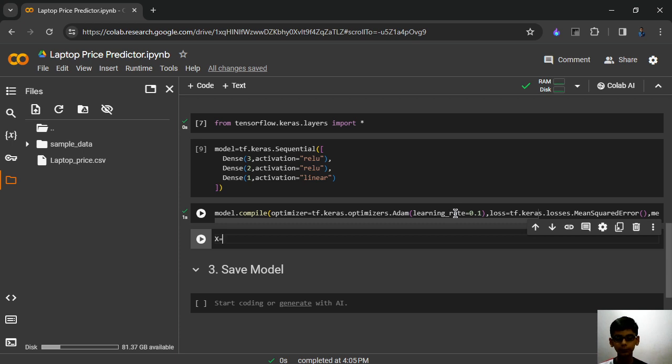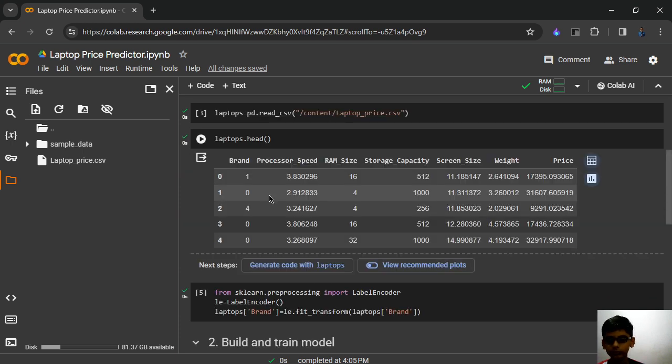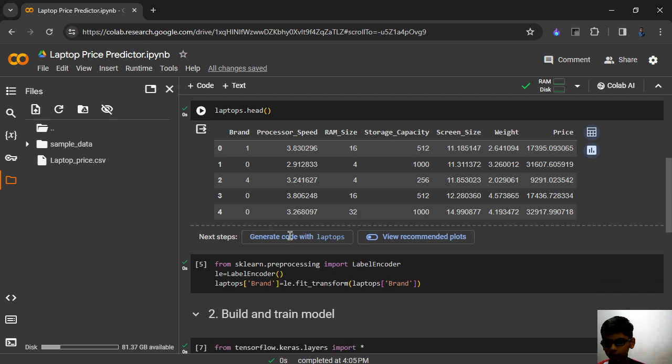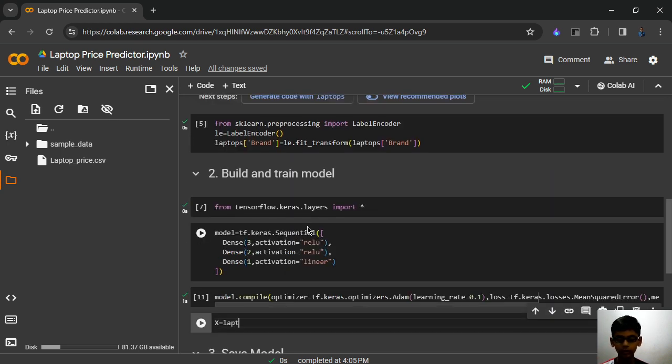X is equal to laptops dot drop price from the axis of 1, and y is equal to laptops of price,